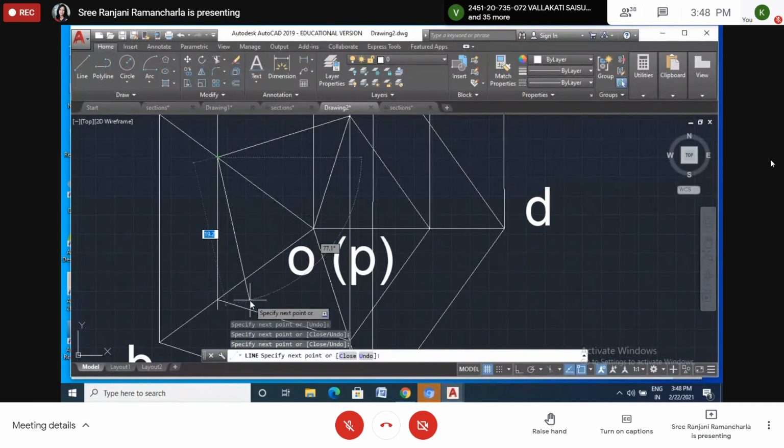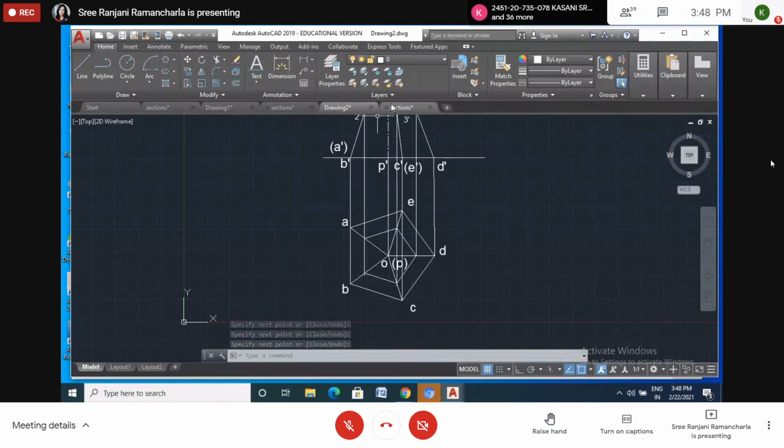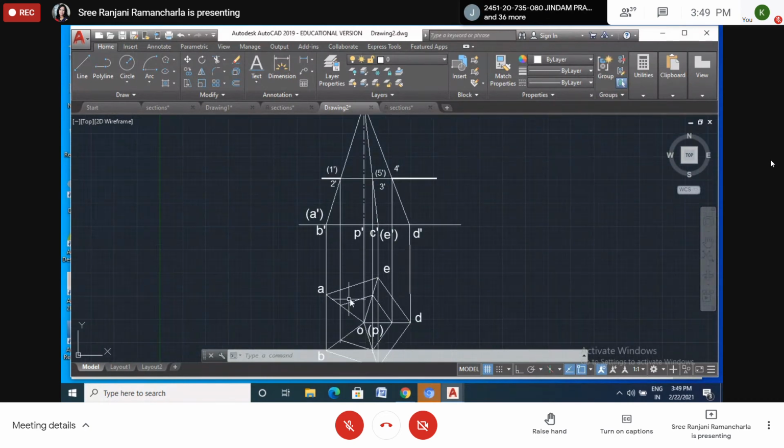So I want to give this one also. Why? Because if I want to make a thick line, this is the one total single line here. I think we have drawn separate lines. Okay, let it be. Now we got. So this is the true shape of the section. True shape, because the sectional plane is perpendicular to VP, parallel to HP. So this is the true shape. No need to draw another sectional shape.